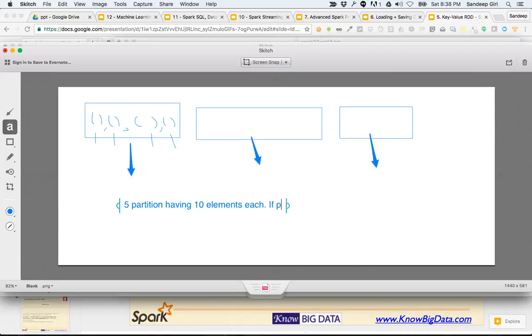If processing one element takes 1 second in a map, how much time would the RDD dot map take? Who can answer this? There are 5 partitions and every element takes 1 second. 10 seconds, right? So the more the partitions,